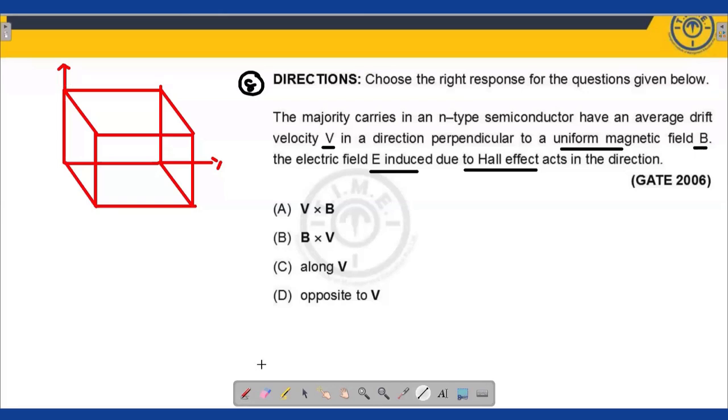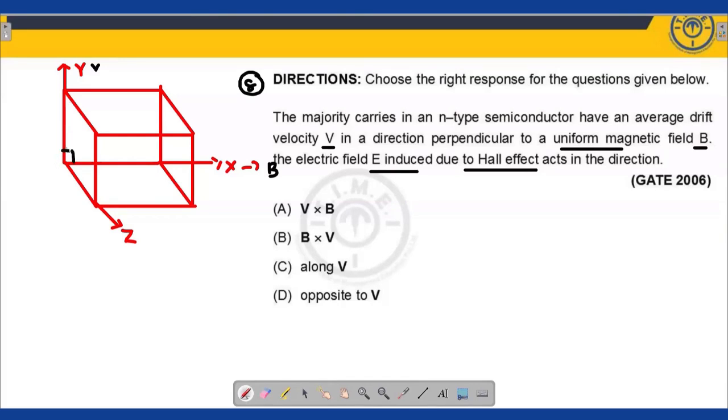It is having the three important axes, my dear friends, X, Y, and Z. Suppose I am going to call this X. Okay, this is Y. And if I am going to call this axis Z, very important. So here the uniform magnetic field in the direction, this is according to the Hall effect. I'm going to take it as an n-type semiconductor. So B, and this B is in direction perpendicular to V,